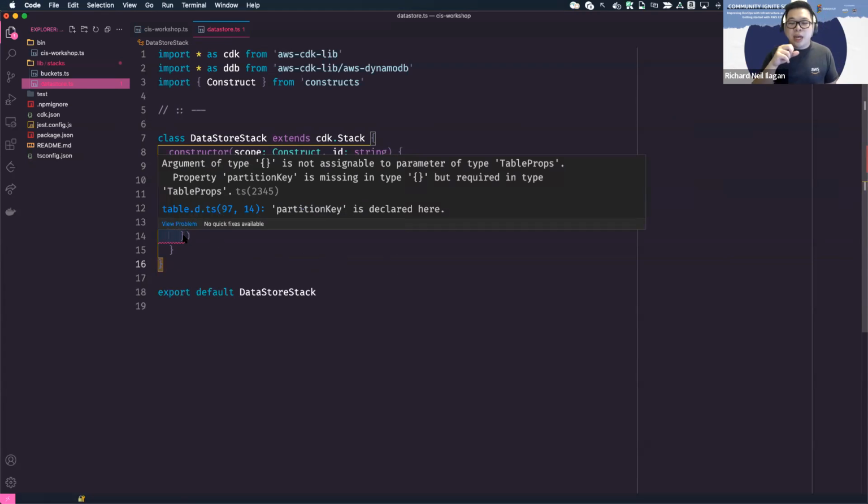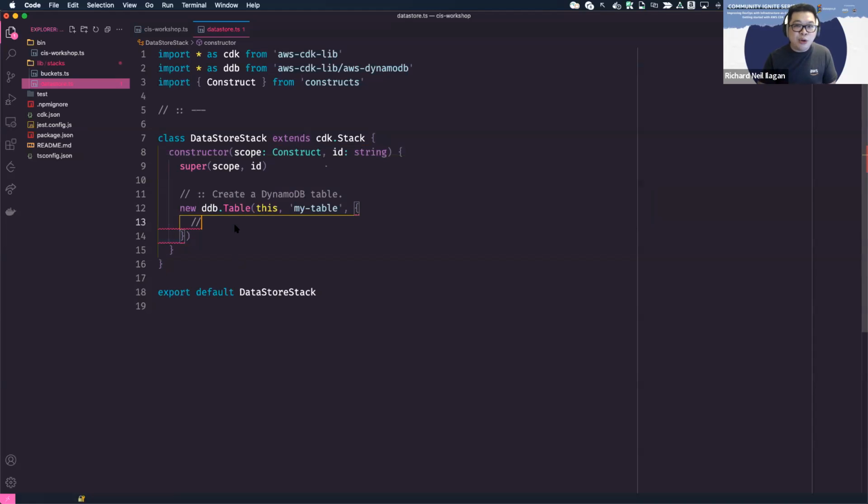Right? Kung hindi nyo alam, sa DynamoDB, ang partition key is yung primary key. So if you're familiar with SQL or Postgres, MySQL, partition key yung parang primary key ng isang table. So you have to give that. Kumbaga, sinasabi ni DynamoDB, hindi ko yan kayang hulaan para sa iyo. So, ganun lang. Bibigyan mo lang siya ng